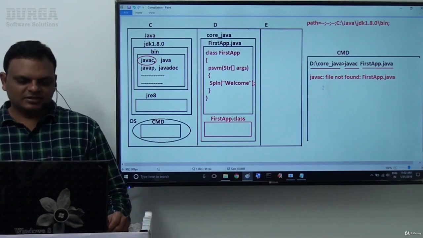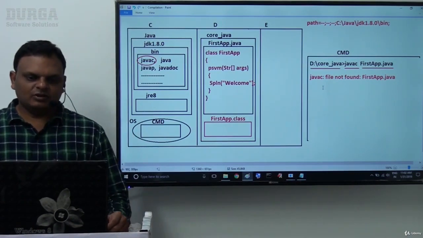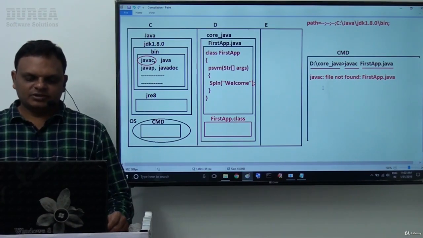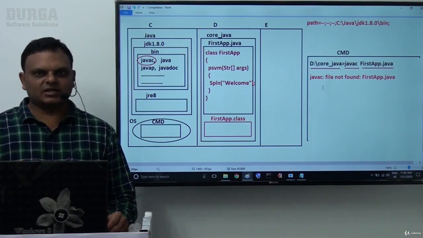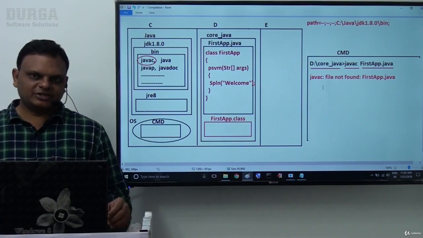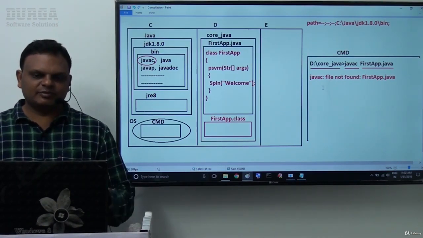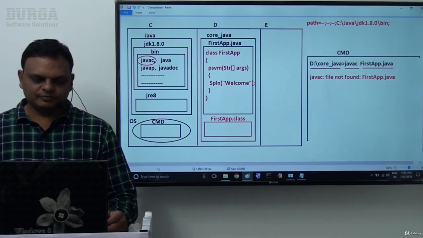Hi guys, in the last video we have seen how compilation is going on. Theoretically we understood each and every point. So in the present video we are going to see the practical view of this total compilation process. Whatever points I discussed in the last video, the same points I want to show in our program.